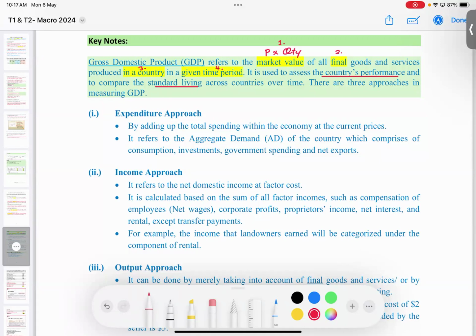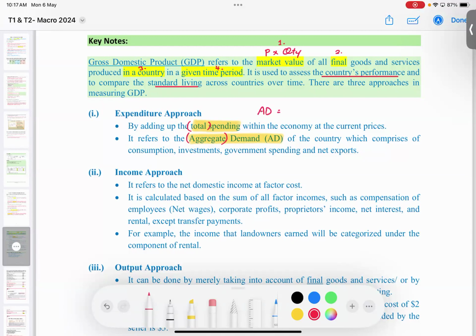The first one is the expenditure approach. That means it takes into account the total spending in the economy. Okay, total spending. So whatever we spend is being recorded. That refers to the aggregate demand. Aggregate demand, the word aggregate means total. The word total means aggregate. Okay, so I want you to remember one key term. So since it refers to aggregate